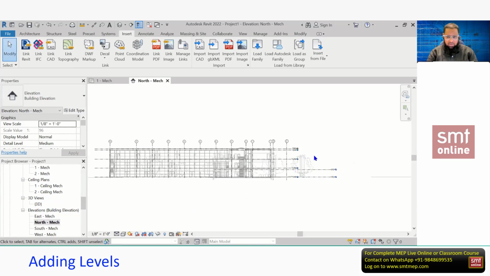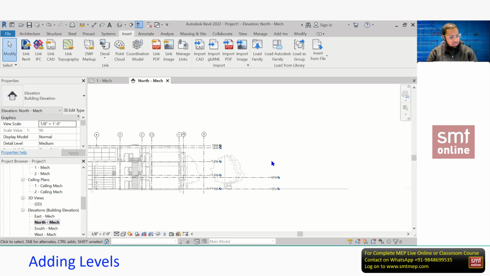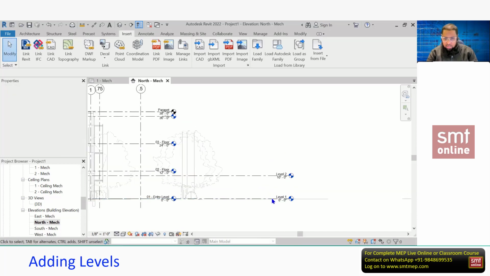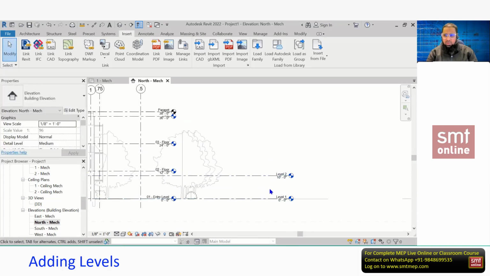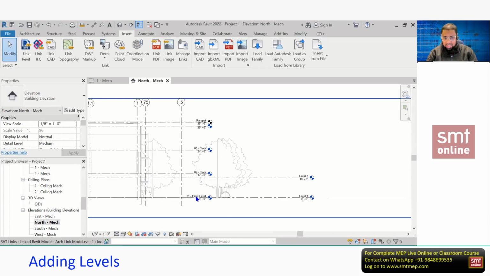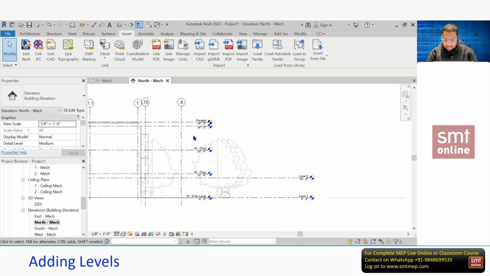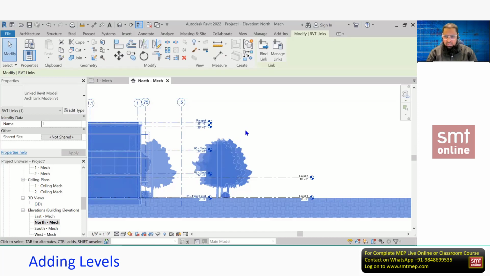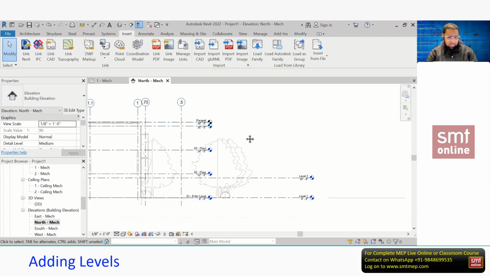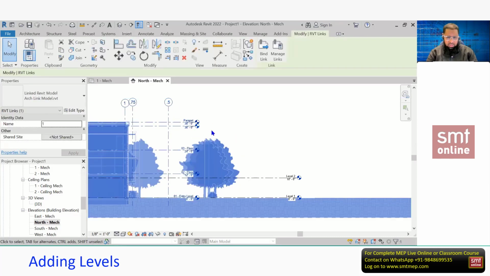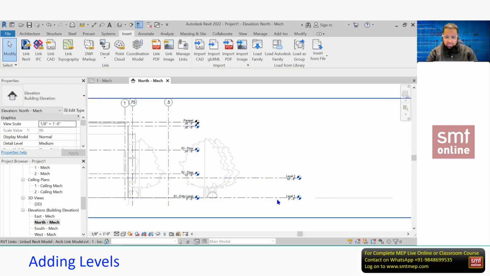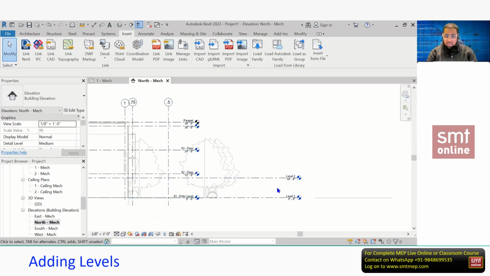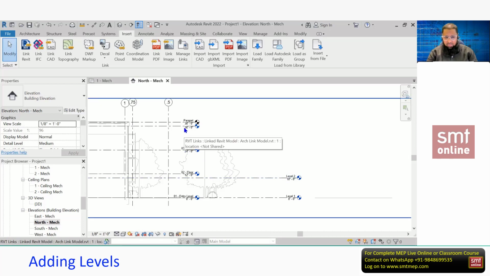Now you can find the elevation, this high elevation of this north side, and when you zoom, you can notice level 1, level 2. And these 2 levels are from the template file. But what about this level, entry level 02, 03, roof level and parapet level? And you see, when you try to select any of these levels, the whole link is selecting. It means this is from the link file. So you cannot edit this. These are the default levels. So 2 levels are available, but we require 2 more levels, this level 3 and the roof level. Parapet we are not bothered about.